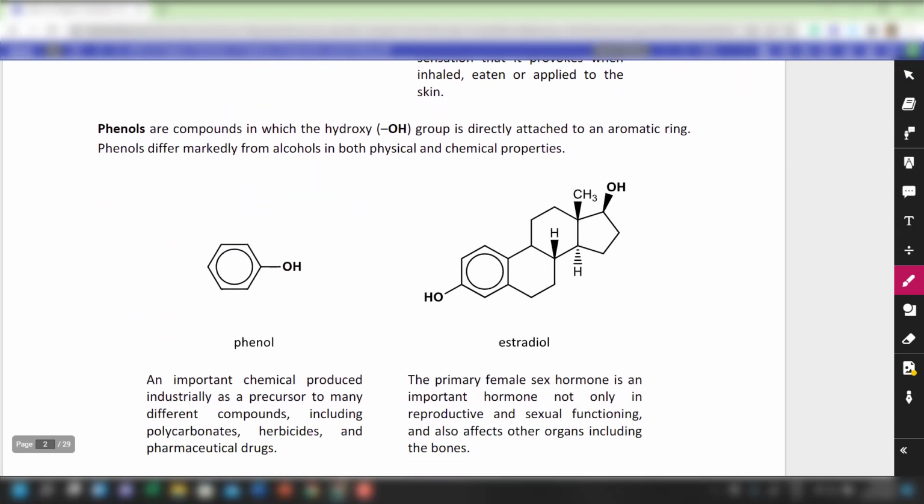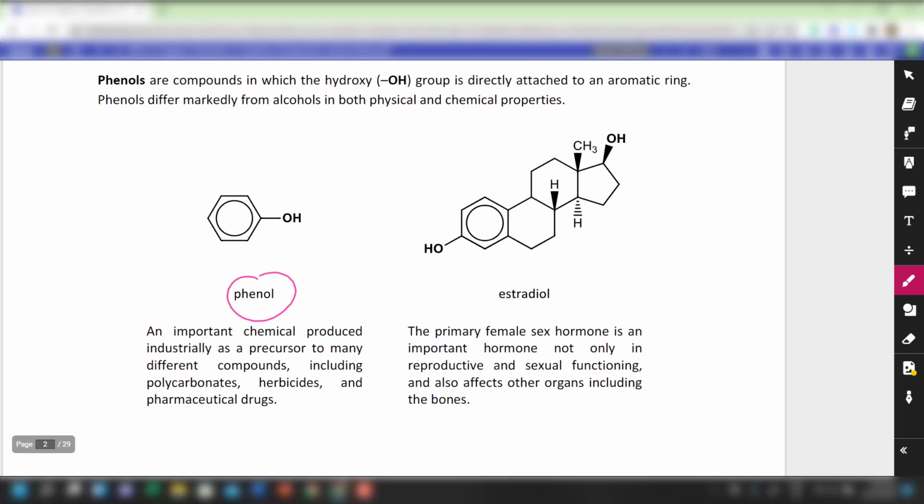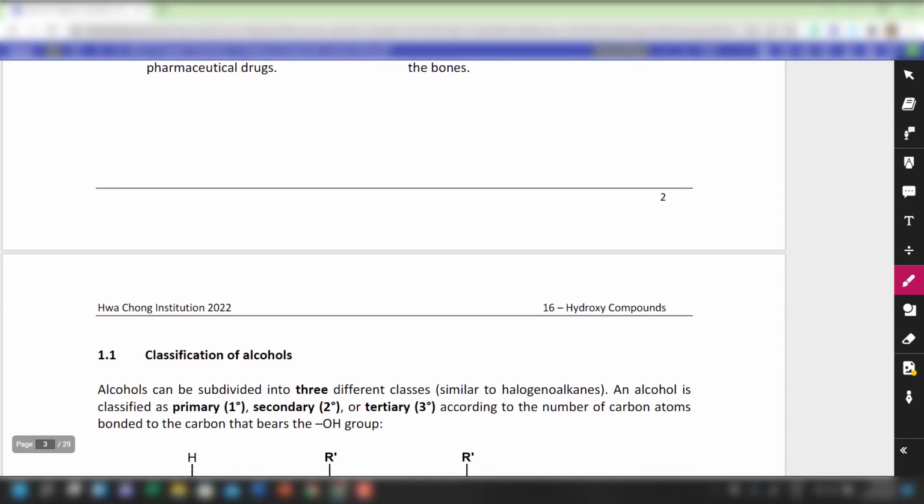The OH group can also be directly bonded to a benzene ring. So if it's simply C6H5OH, we call it phenol. Then you can have other substituent patterns on your phenol ring. For example, you have the female sex hormone known as estradiol. So we move on to